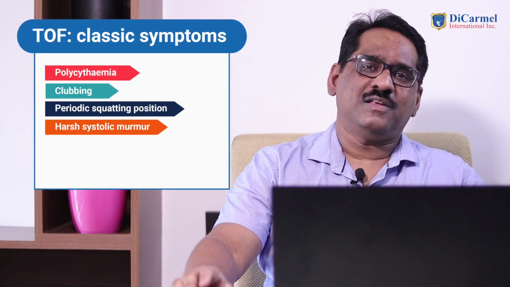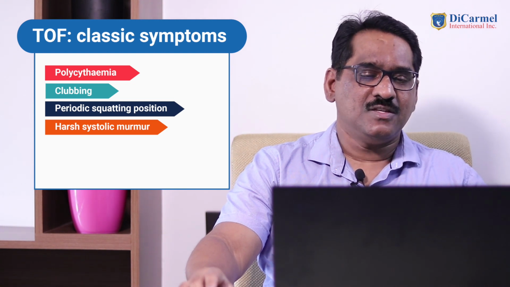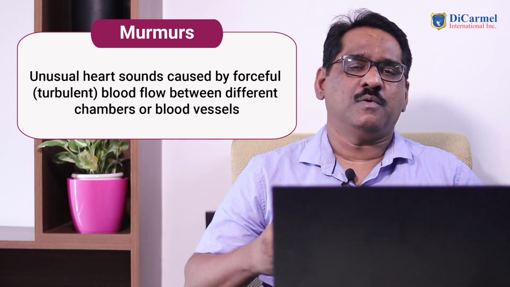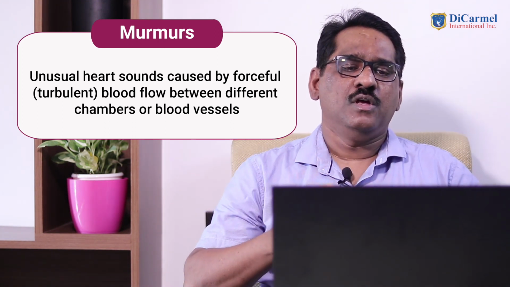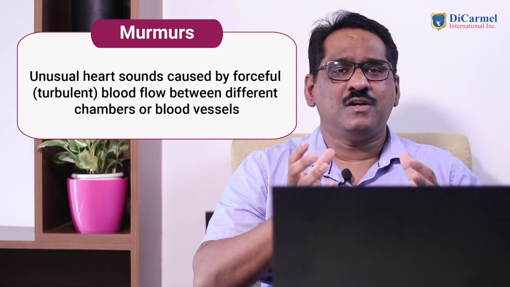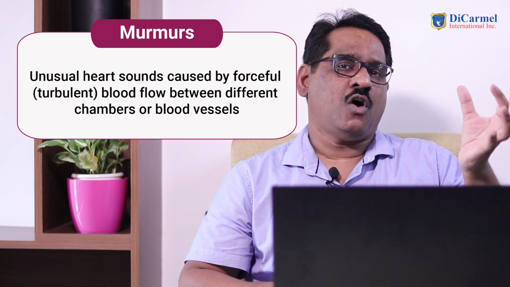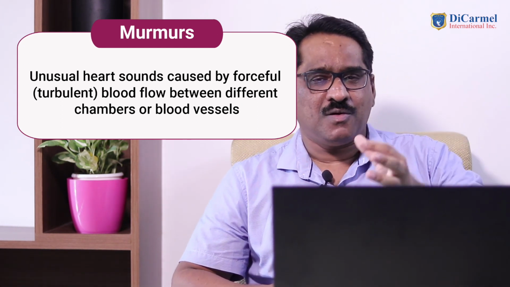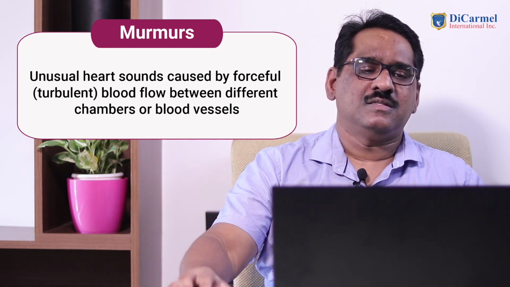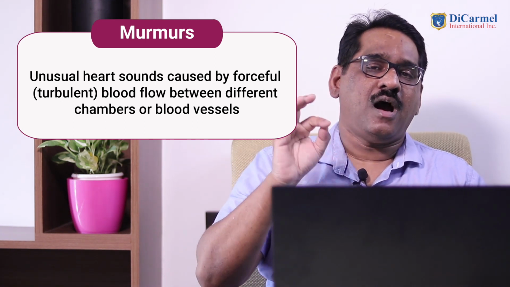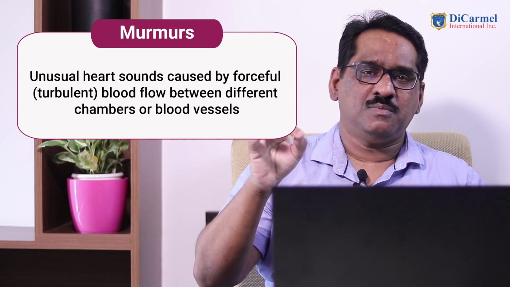The next classic finding you can see in the list is harsh systolic murmur, and I believe everyone knows what murmur is. As you can see, by definition, it is an unusual heart sound because of forceful blood flow from one chamber to another, or from one blood vessel to the other. Here we know there is a strong blood flow from the left ventricle to the right. So that's what is causing the murmur in this case. And again, what we call the harsh systolic murmur is very specific for